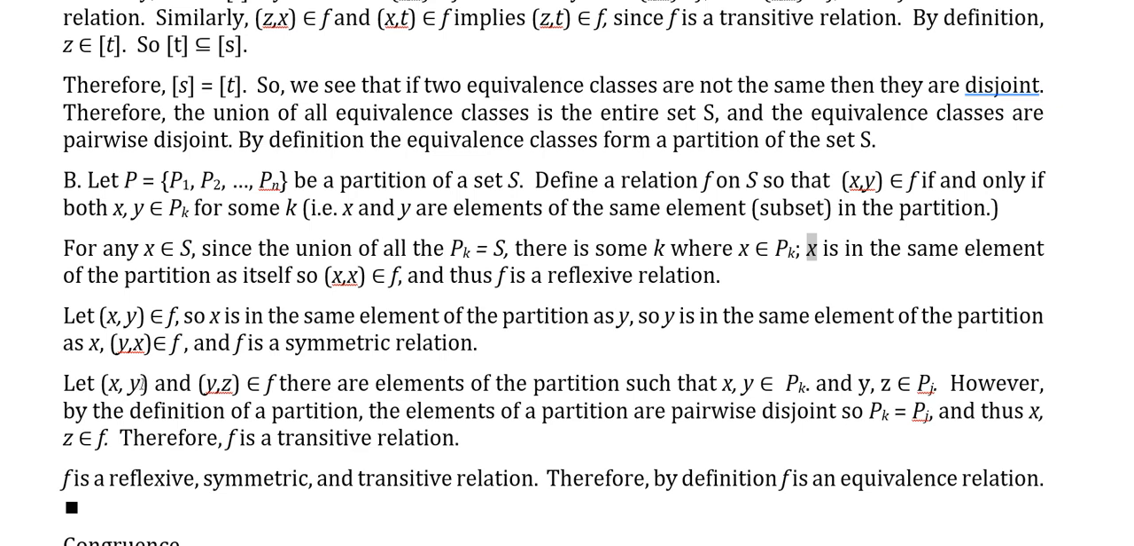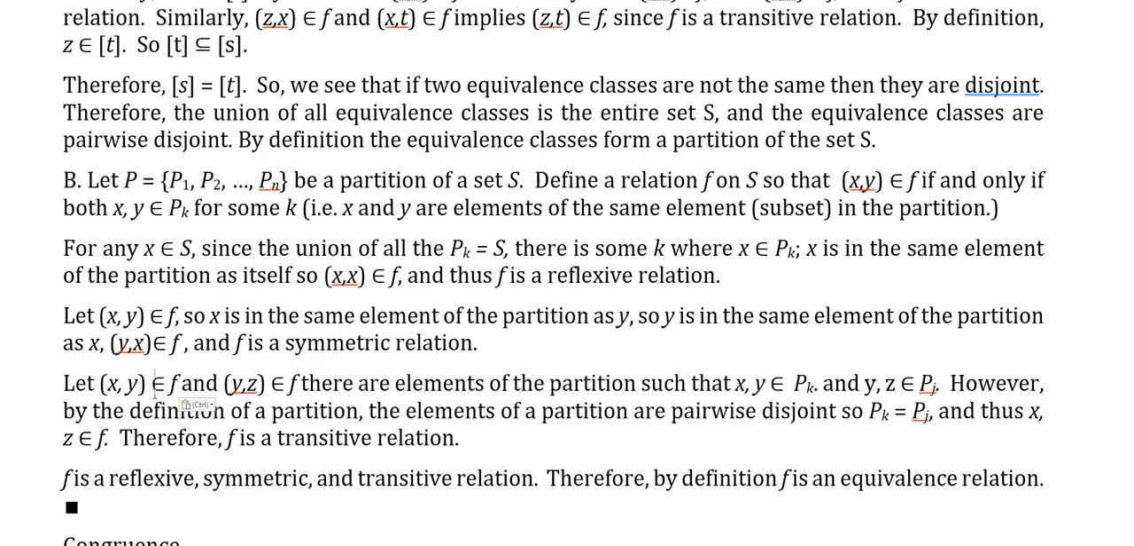Now, let XY be in F, and YZ be in F. X is related to Y, Y is related to Z. They're elements of the partition such that XY is an element of P sub K and YZ are in the same one as well. But one of the definitions of partition is that the elements of the partition are disjoint. And notice they both have Y in them. So P sub K and P sub J are the same. And thus X and Z,